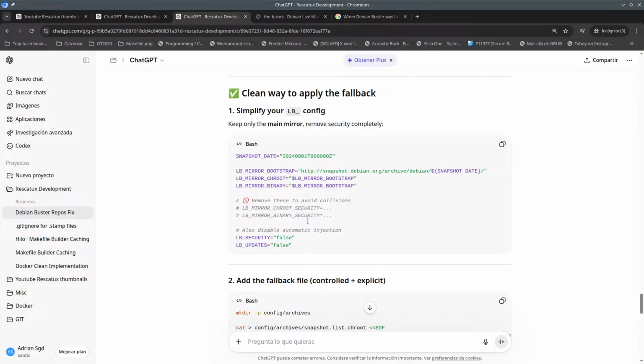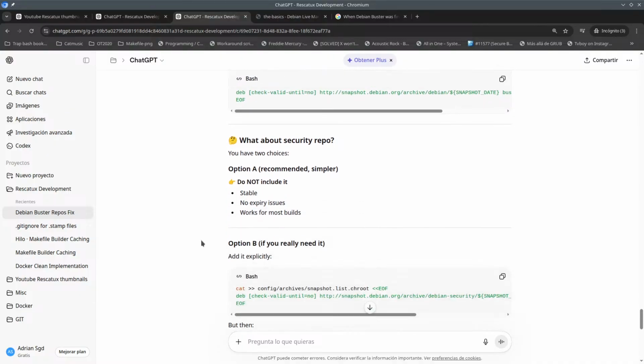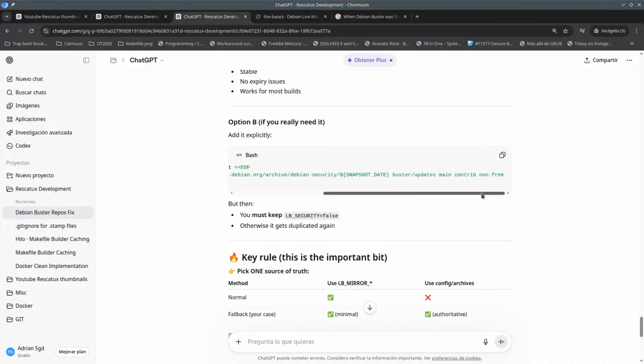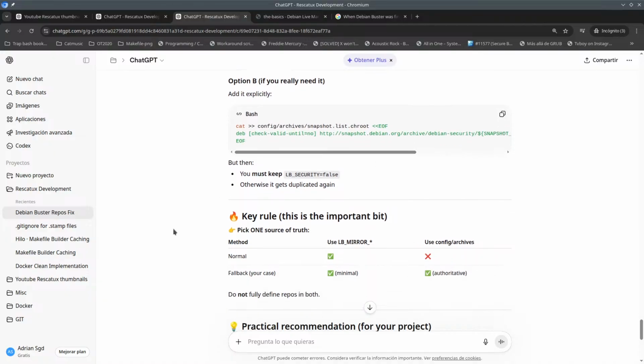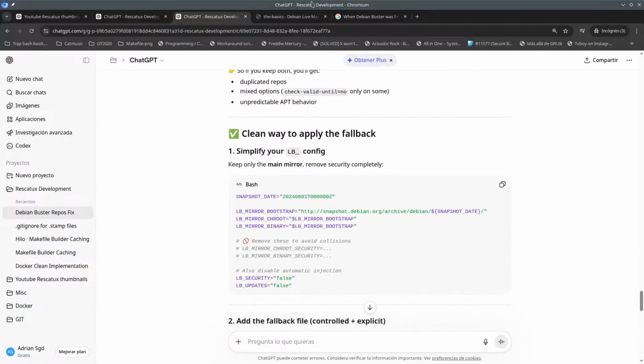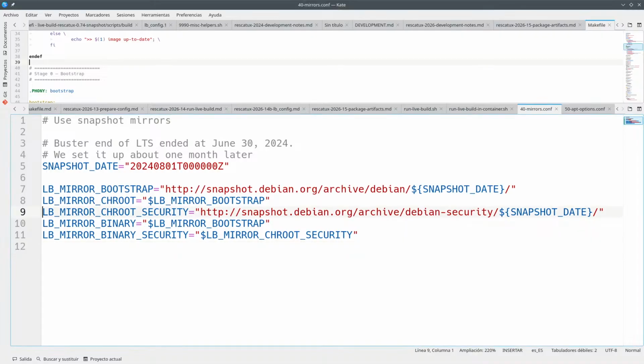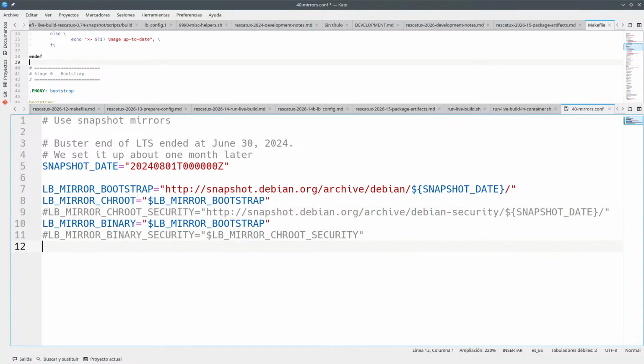So basically it says to apply all of this. So this is one step, and then the other one is to have this config archives stuff. Snapshot.list.chroot and snapshot.list.chroot. Yeah. Too much stuff to do in one go. And in any case, it says LB mirror chroot security to be not used and binary security to be not used. Then we have LB